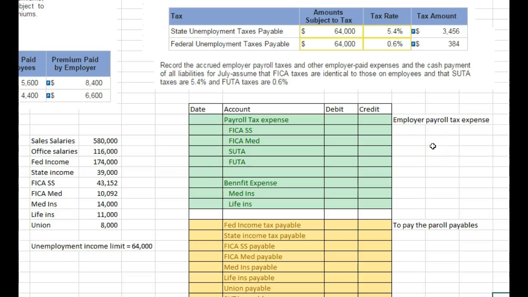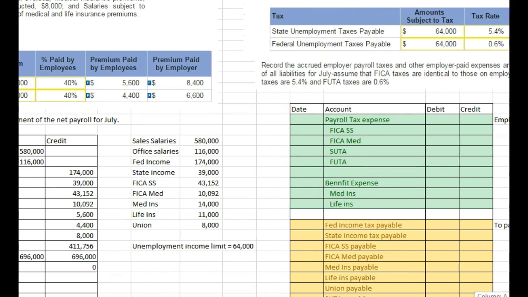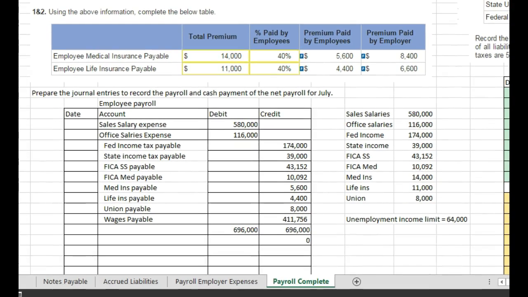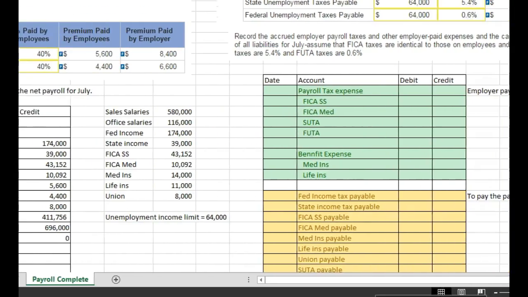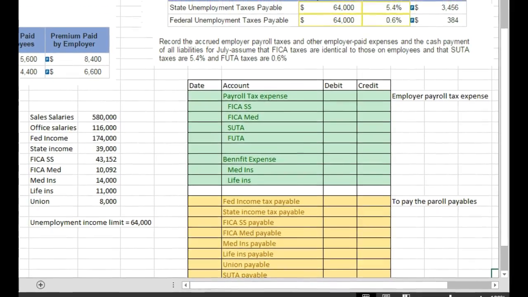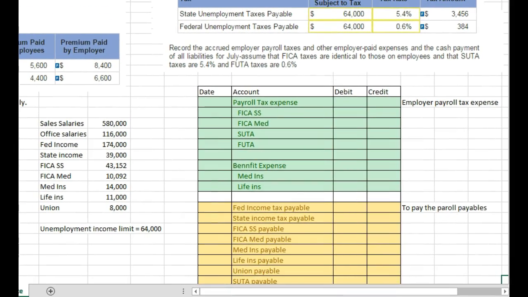Now let's do part 2. Part 1 was the employee part here. Let's move that over. So we did this, and this set up our payroll. Now we're going to complete the employer side, and there's always that second step where you have to pay the